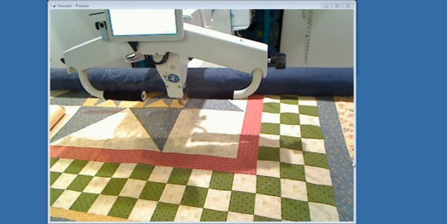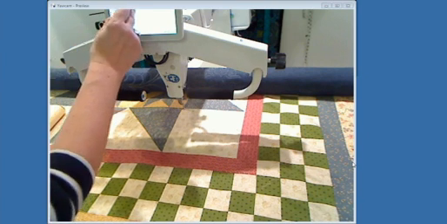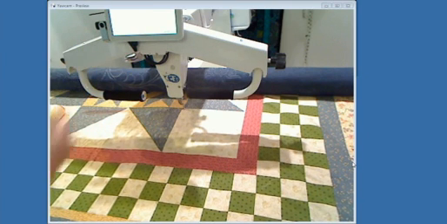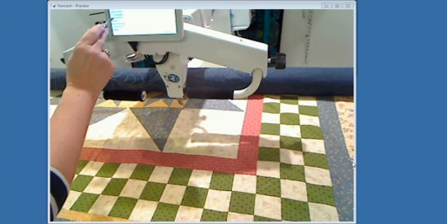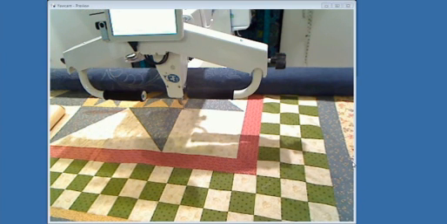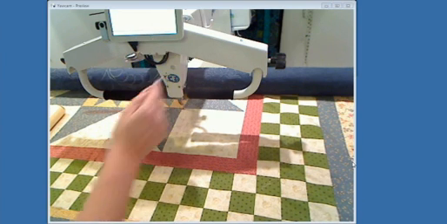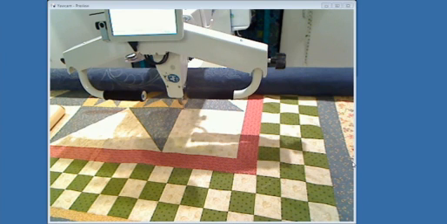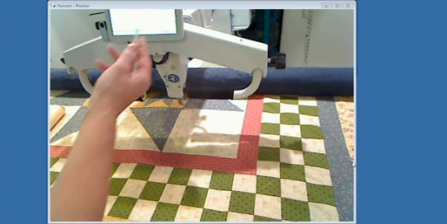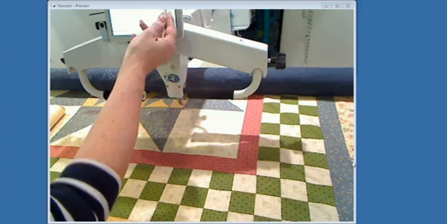So there's my box. Now I'm going to go to record. I'm going to have my machine on this time. I'm going to go to home, and I'm going to go to free motion. And at this point, I'm going to push the start. Now what's going to happen is, and I'll bring the machine closer so that you can see it, but what's going to happen is that when I push start,